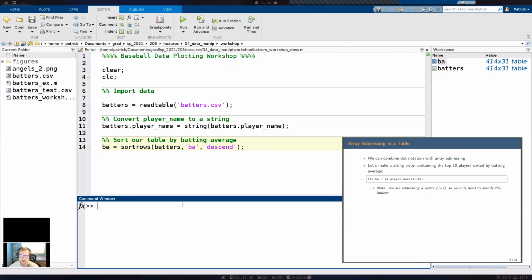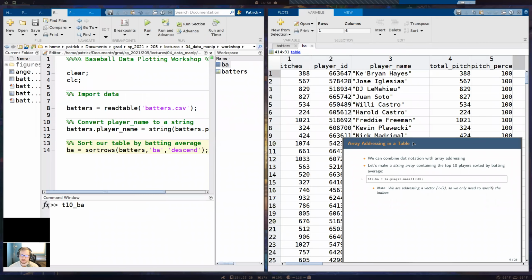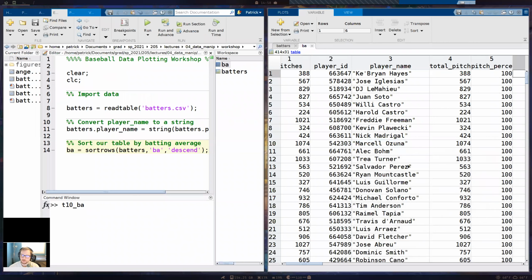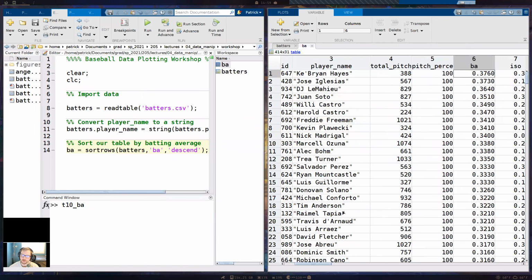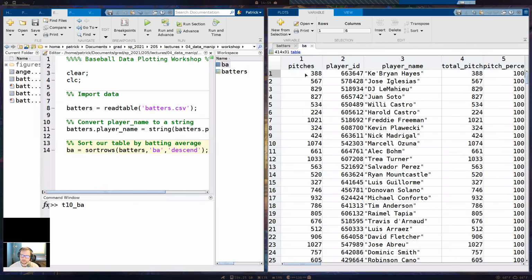I'll go in the command window here because we're not going to use this variable later on. Let's say that for the table we just created, I want to get the top 10 players for batting average. So I want to get the first 10 rows right here, the top 10 players that have the highest batting average.